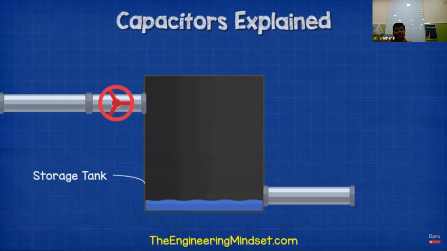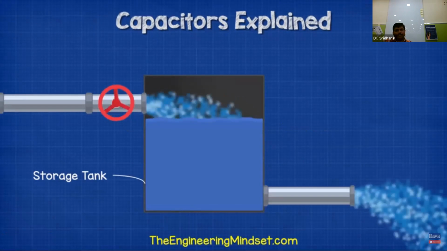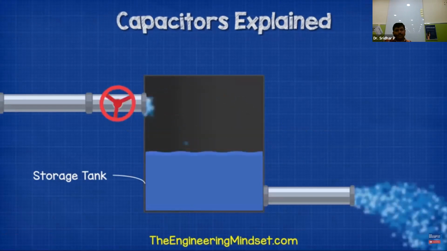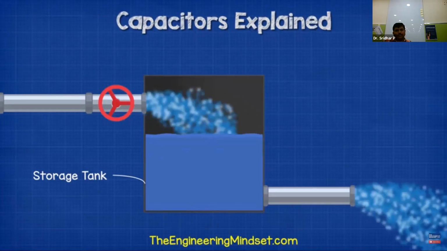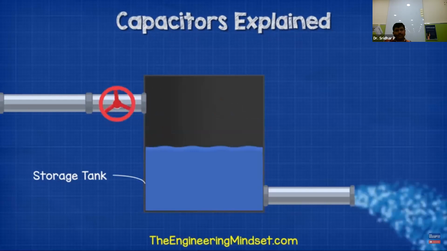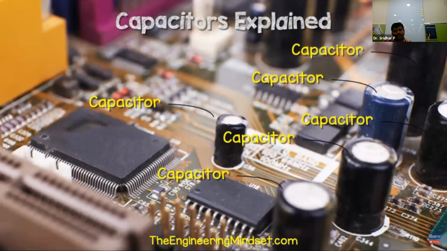Once the tank is filled again, we can open and close the valve as many times as we like. As long as we do not completely empty the tank, we will get an uninterrupted supply of water out of the end of the pipe. So we can use a water tank to store water and smooth out interruptions to the supply. In electrical circuits, the capacitor acts as the water tank and stores energy. It can release this to smooth out